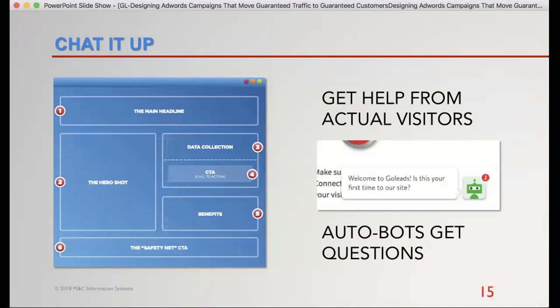We're getting so much good information from these automated bots that putting a bot on your page is really valuable. I'm not saying live chat. I'm saying the ones that just collect responses from people, where they know that they are robots. Those robots will help you design better landing pages, and it's live with live customers.